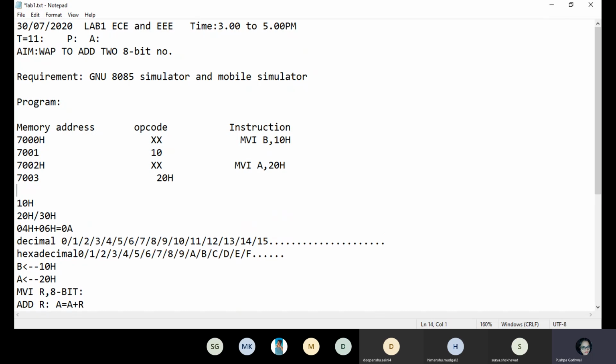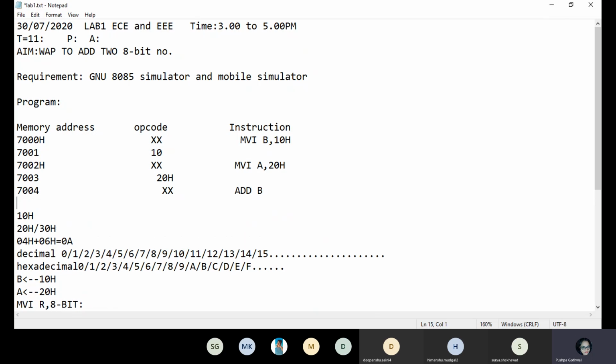At 7004 you have to write another instruction, assume the opcode is XX, that is ADD B. ADD B is a 1 byte instruction; it will take only 1 memory space.